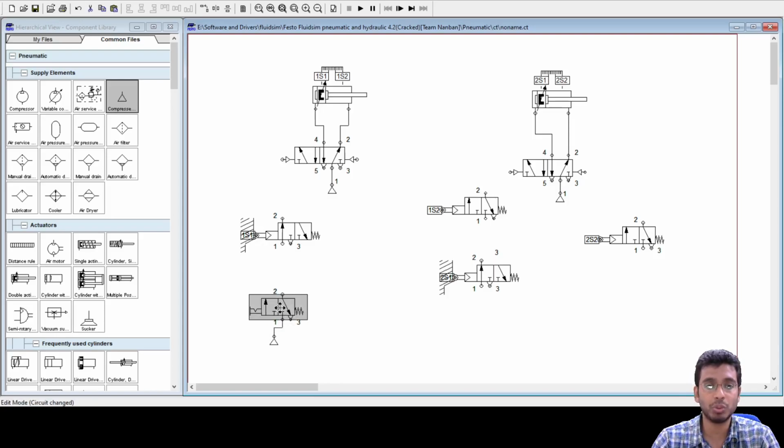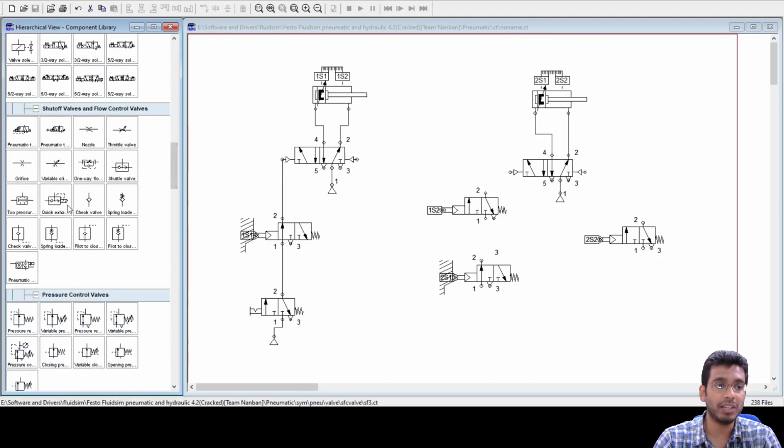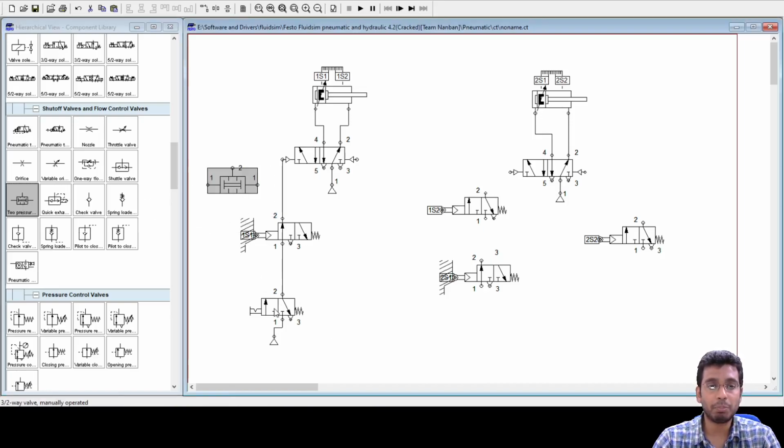That means I'm going to put this in series. There are two methods of making an AND circuit. Either I take these two components and combine them using a dual pressure valve, or I put them in series so that when I actuate this and this is also actuated, only then I will get an output here.